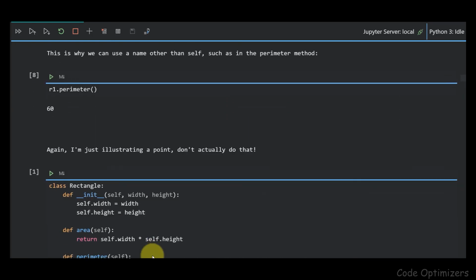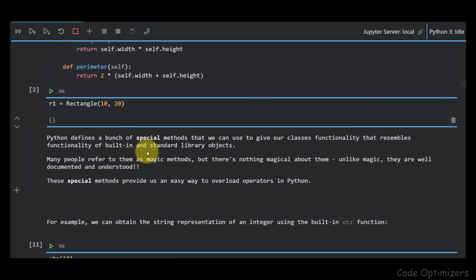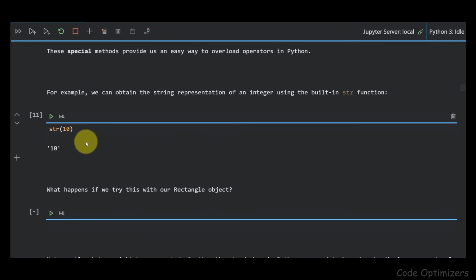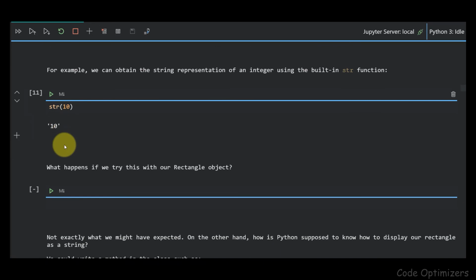Now we have an inbuilt function str, which converts an integer to its string representation, so here 10 is converted to a string. Let's see what happens when we use str with a rectangle object.